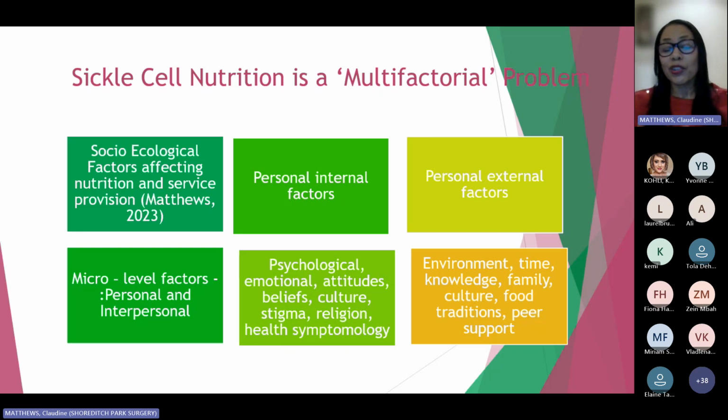Your emotional state. Are you sad? Are you isolated? What are your attitudes? What are your beliefs about food? Your cultural factors, food traditions as well. Stigma, in terms of living with sickle cell disease. Your religion. We know many patients are fasting at the moment for Ramadan. That can also impact on what you eat and when you eat and so forth, but